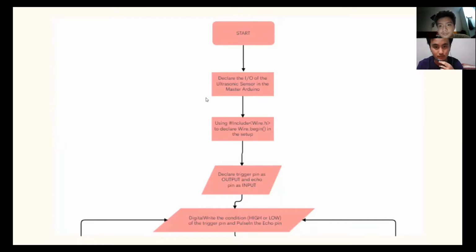And the next one, I will explain about the flowchart of this project. First, we declare the input and output of the ultrasonic sensor of the master Arduino. In this project, we will use two Arduinos since the input and output is not available in only one Arduino. So we use two Arduinos and we apply the I2C connection. We apply here the